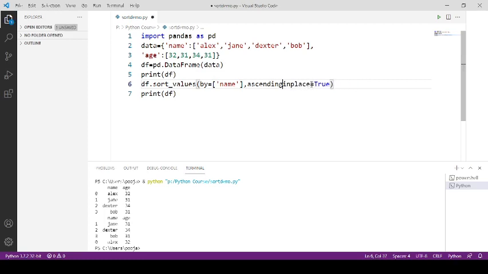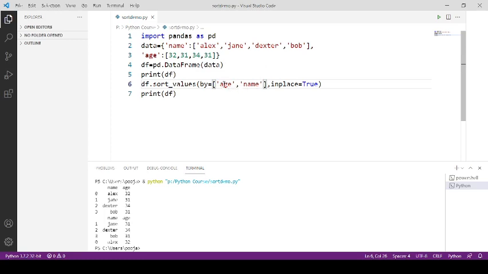Now I am just removing this parameter. Now let's sort data based on multiple columns. So now we have two columns passed to the by parameter, and the values are age comma name inside square brackets.